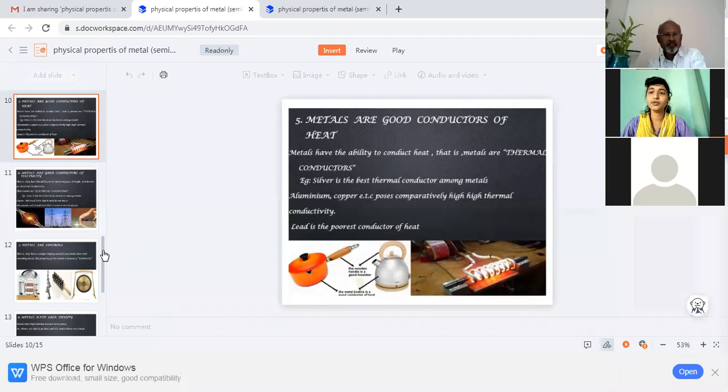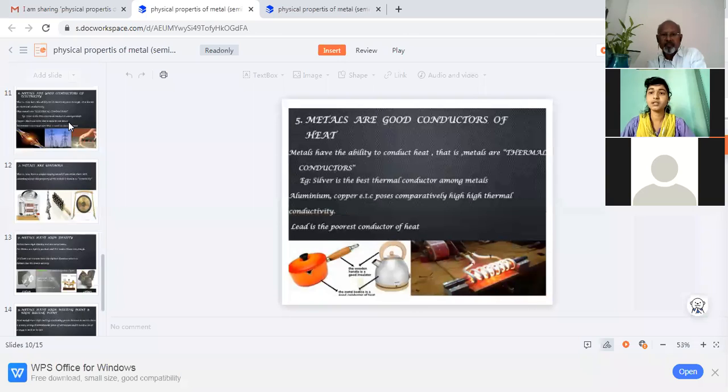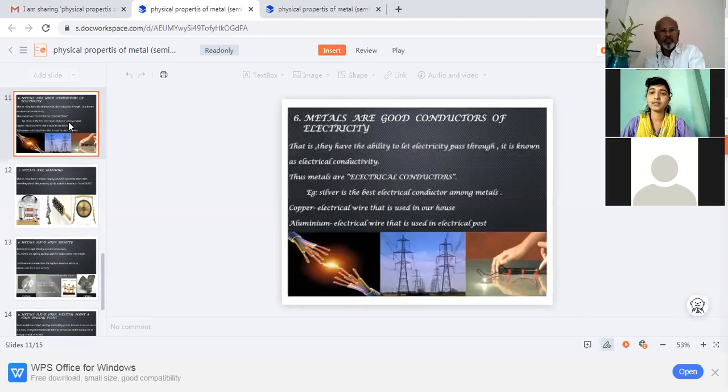Metals are good conductors of heat. Metals have the ability to conduct heat, that is, metals are thermal conductors. Example, silver is the best thermal conductor among metals. Aluminum, copper, etc. are comparatively high thermal conductors. Lead is the poorest conductor of heat. Next,